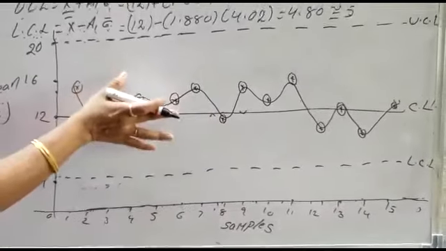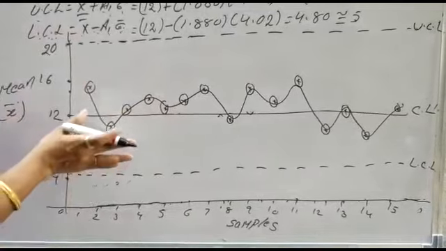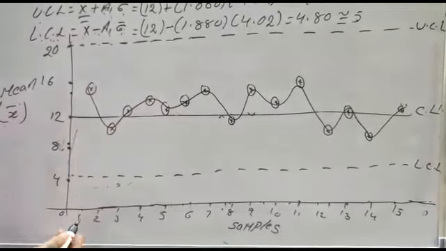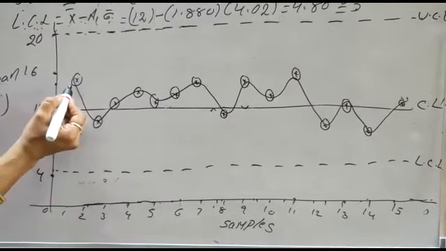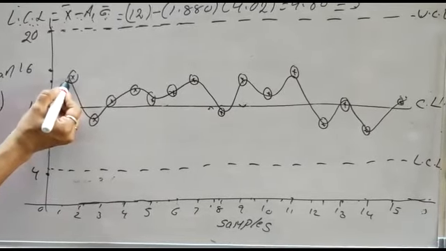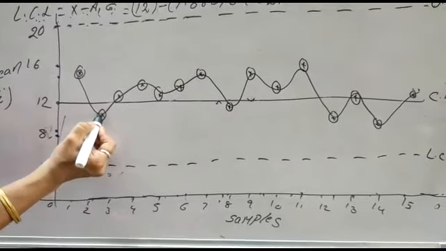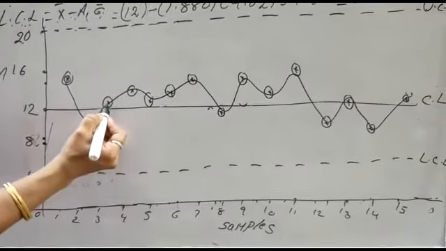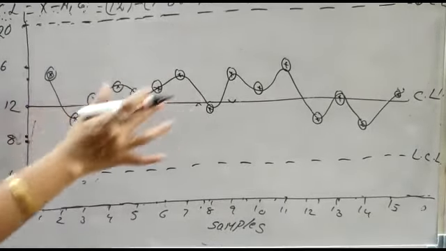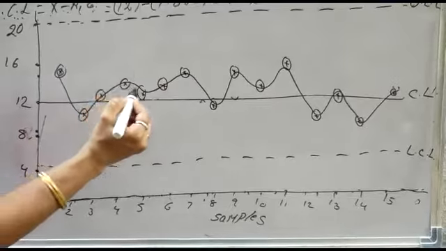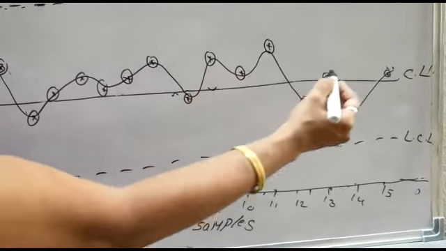After completing the control limits, you can plot the points according to the given problem. Now I am plotting the points for the mean chart. For sample 1, the mean value is some 15 point something, plotting the point like this. Next, number 2, 11.3, like this. Number 3, 11. By plotting all the points in this way on the graph paper, you can join all these points, and after joining them you get some shape of a curve.